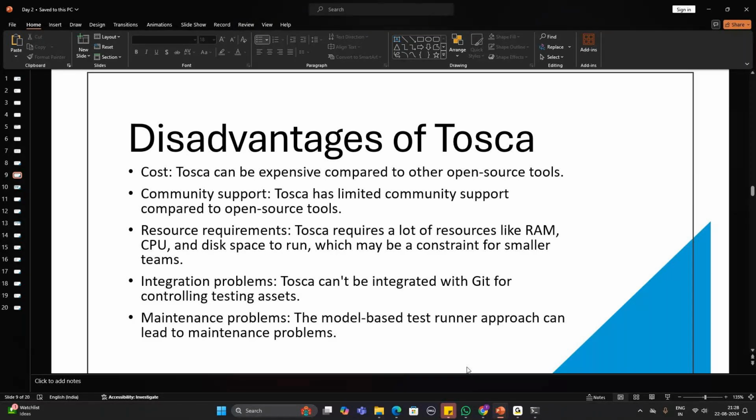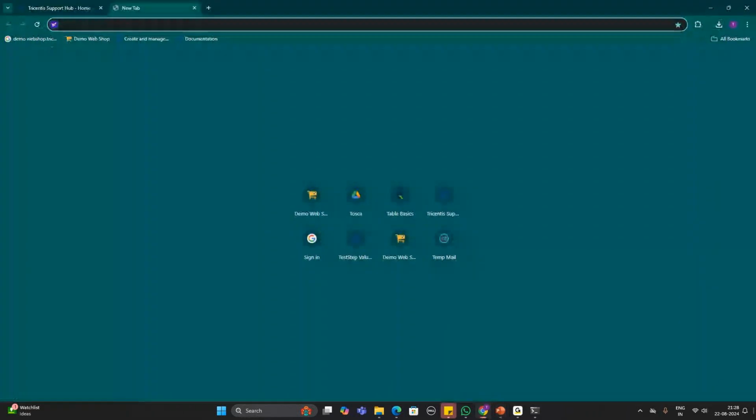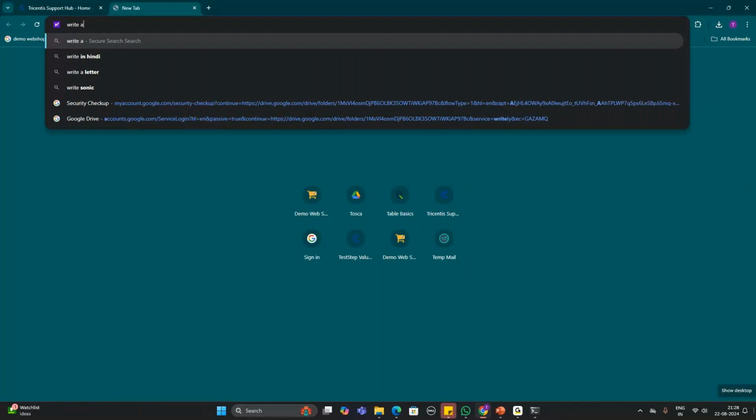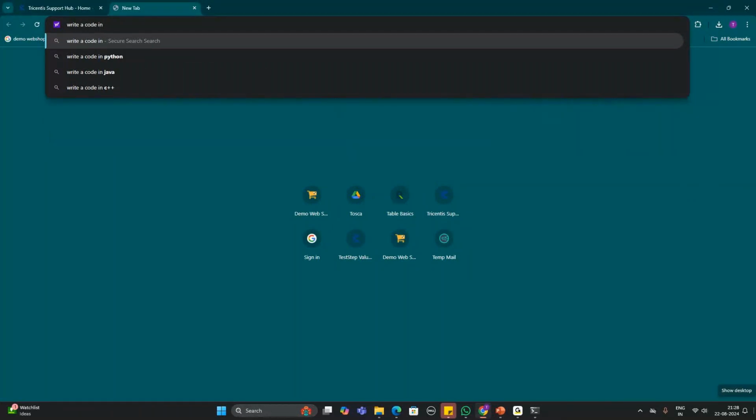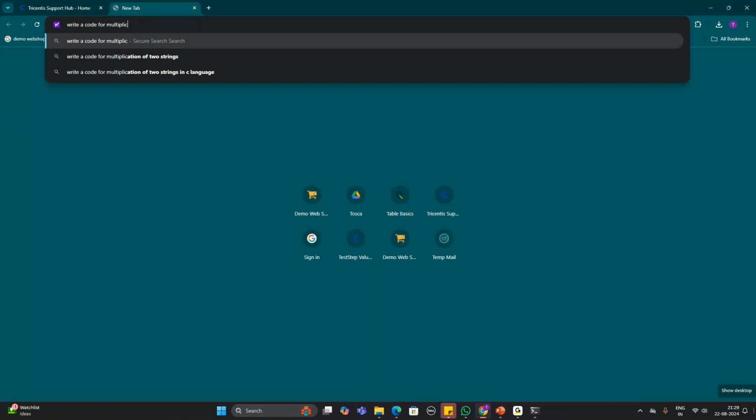Community support. Like with an open source tool, if you're stuck somewhere in Selenium, here, if I write a code for multiplication in Selenium,